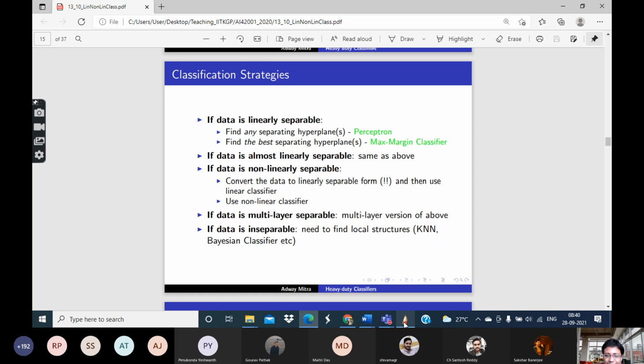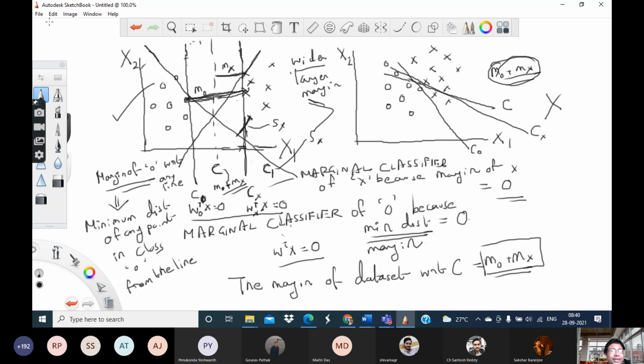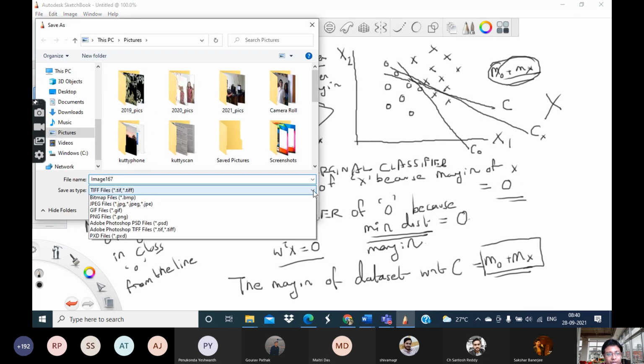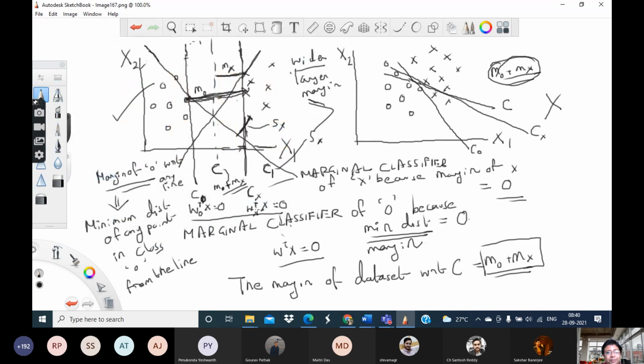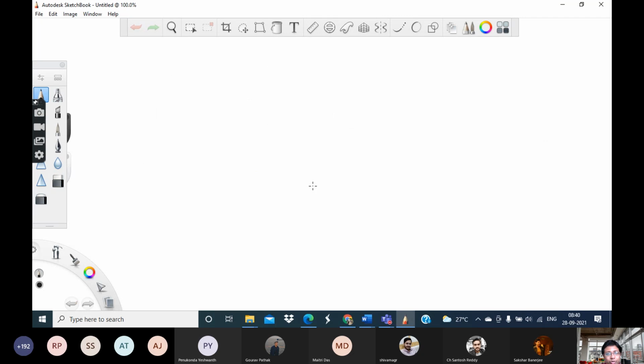Now, moving beyond the perceptron, suppose you are given any data set like this. We were discussing in the last class, and today also, how to find the best separating hyperplane, or the best separating linear structure which separates the two classes. So now it should be clear what I mean by the best linear classifier. Can anyone now suggest what I mean by the best linear classifier?